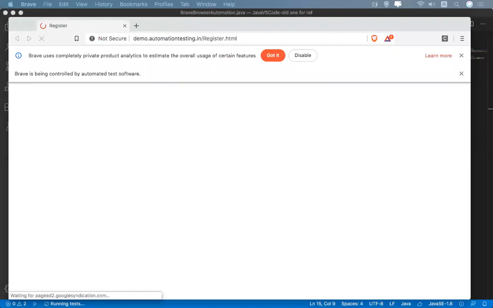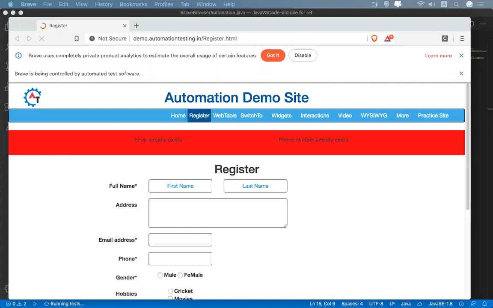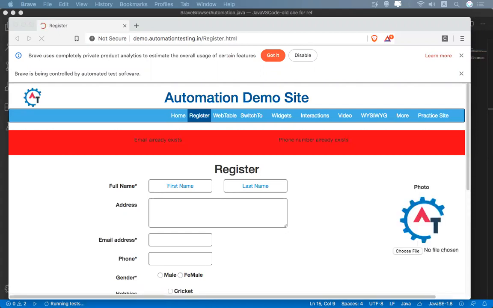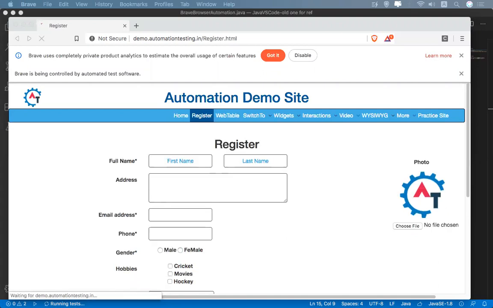So it is moving to the next page. And here it will type first name and last name. So actually, it is taking so much of time as my system is slow. But if I use Chrome, it will take more than this time. So let it load.